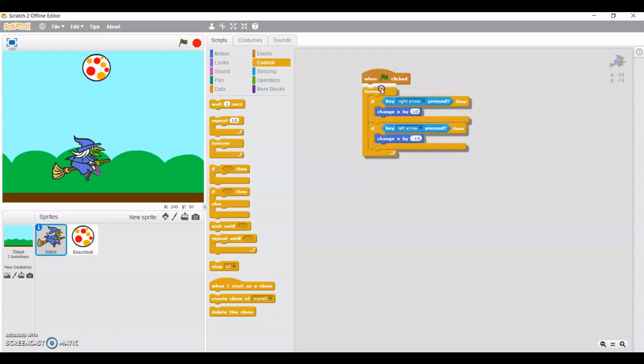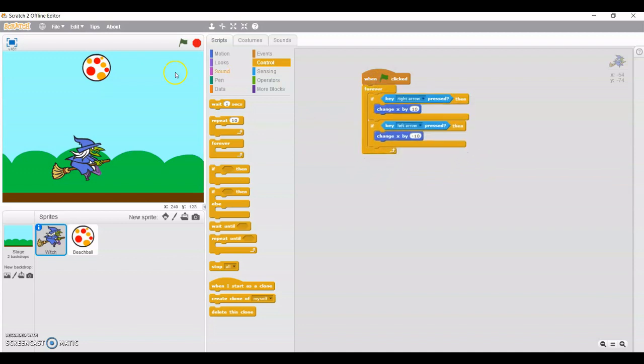So paste it here and put it here. Now I'm going to run. After pressing the right arrow from my keyboard, this object is moving in the right direction. Now I'm pressing left arrow on my keyboard, it is moving in negative x direction.